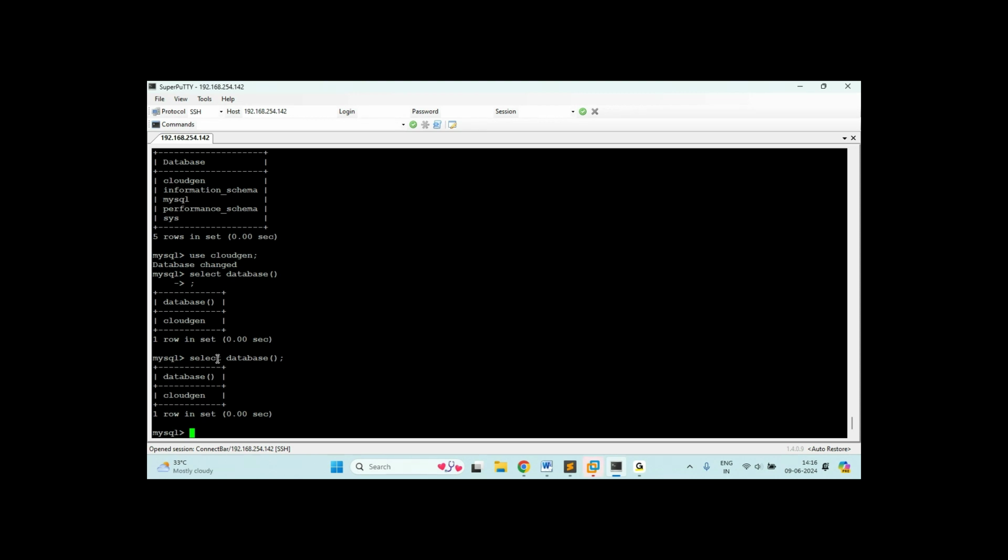That command is used to choose a database. Without a database, you can't create a table or insert data. There is no chance to create a table. In MySQL, you should create a database name, then you have to use that database name. After that, you need to work with the